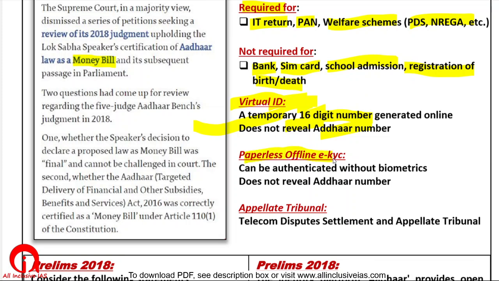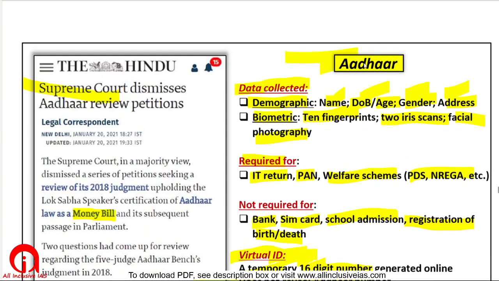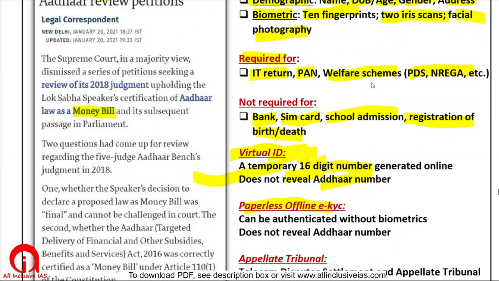UPSC can ask that to authenticate, suppose you have got your Aadhaar number made, you got your Aadhaar card, now you want to authenticate, so how do you authenticate? You give your thumb impression, or you get an OTP online. When you enter your Aadhaar number, you will get an OTP on a registered mobile number and such things. However, there are other ways also to authenticate, right?